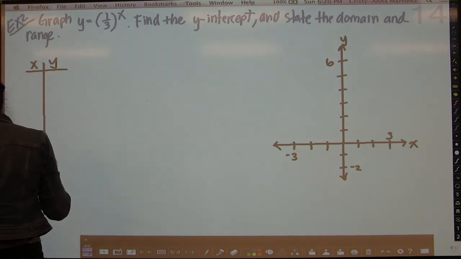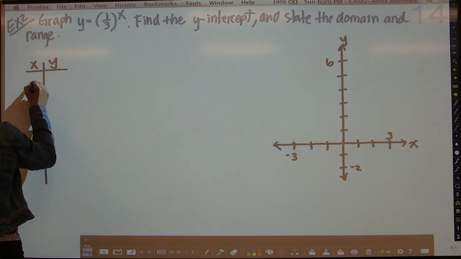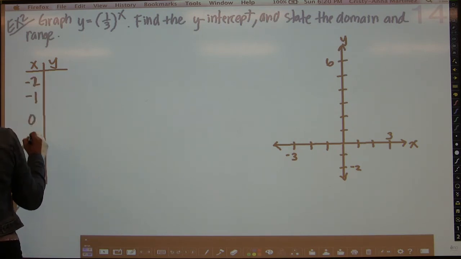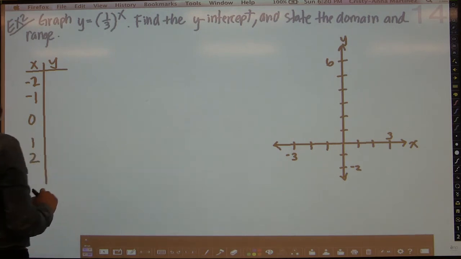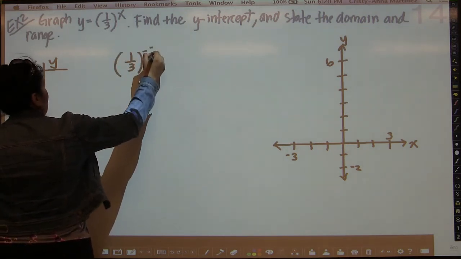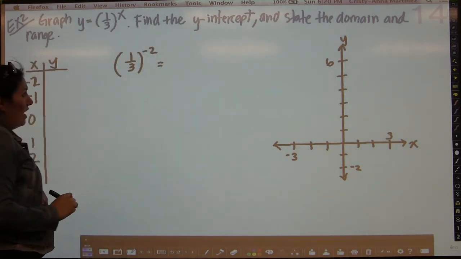And we're going to pick some values here. -2, -1, 0, 1, 2. Okay? And what's going to happen is you're going to put 1/3 to the negative 2 power. And we know that we can